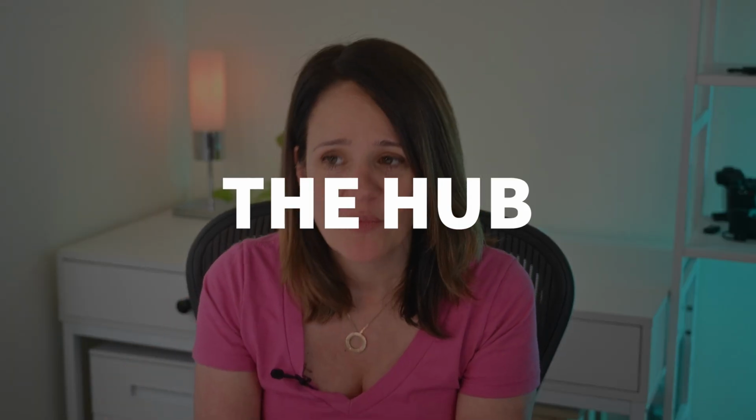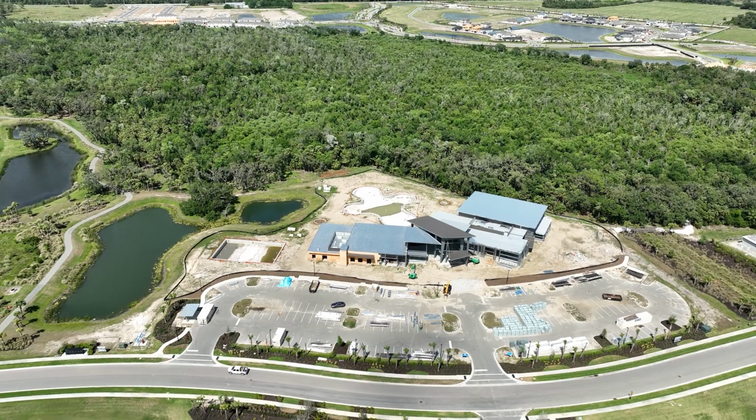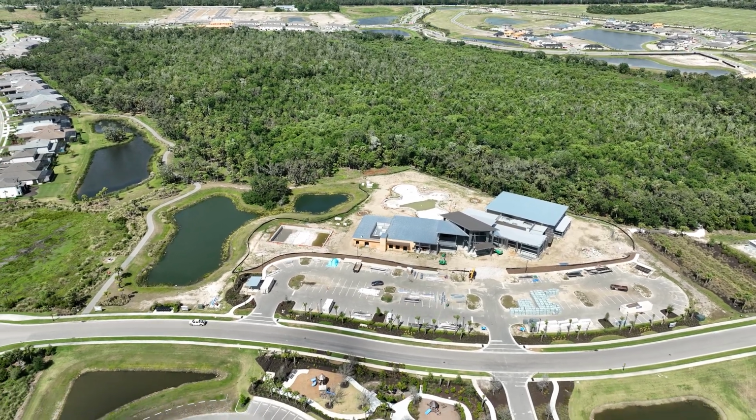So there's lots of reasons just to stay within the Esplanade Amenity Center if you wanted to maybe deal with less traffic. But there's going to be an even bigger amenity center called the Hub, which is going to be shared between the Cassia community and the Esplanade. And the Hub is already in the works. They're building kind of the framework of the building, and it's expected to be done by the end of this